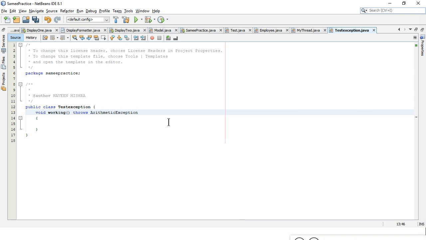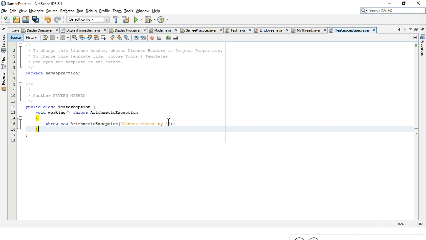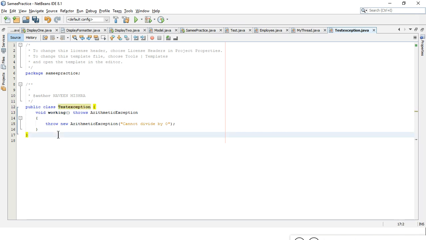Okay, and inside this method we'll say throw new arithmetic exception, cannot divide by 0. So this method working has both the example of throws as well as throw. So you are using throws and throw both in this method.